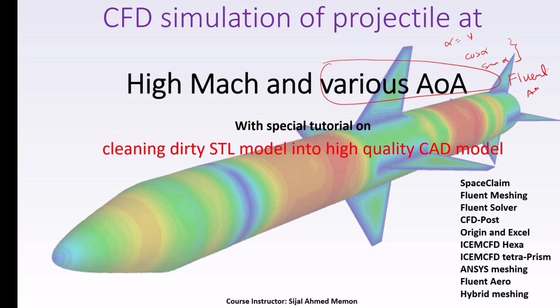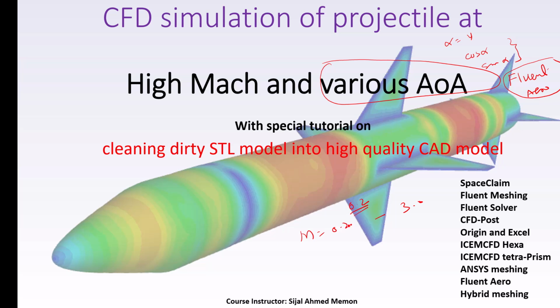Fluent Arrow's purpose is to simplify these types of aerodynamic simulations, and it requires very minimal input. You solve the first case yourself, then you provide the range of the Mach number and the range of the angle of attack, and it will solve all the combinations of the cases. For example, if I want to solve for Mach numbers from 0.2 to 3.0 with a change of 0.2,